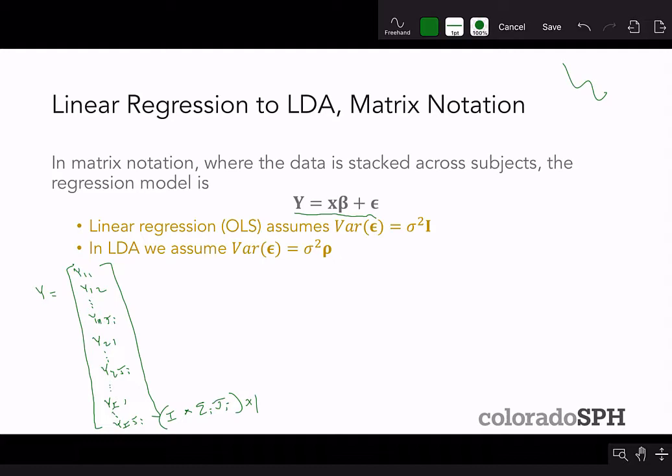Your error term, your epsilon, is going to be a vector of the same size, stacked in the same way. Your beta is going to be a vector of beta 0, beta 1, all the way up to beta p, which is what you might be used to seeing. And your x's are going to be a matrix, where you have